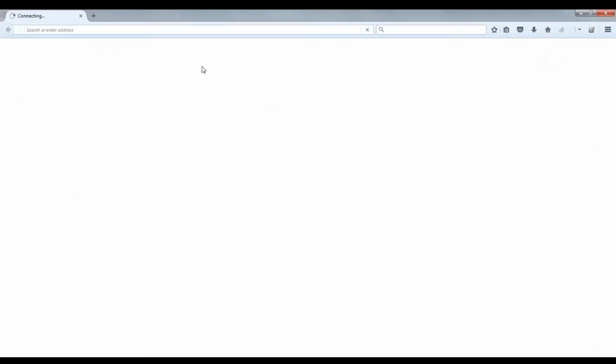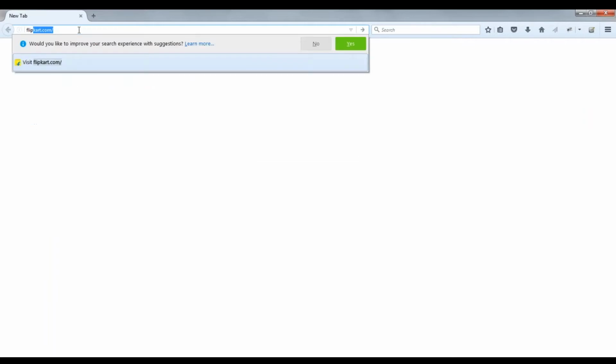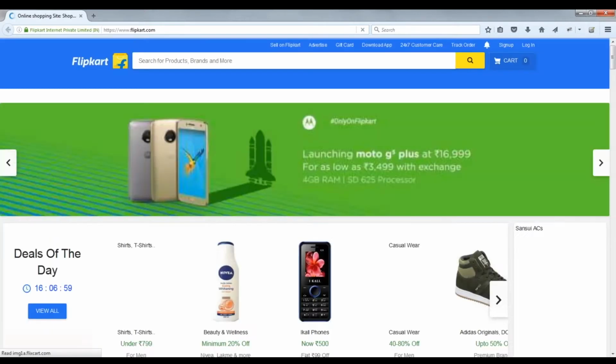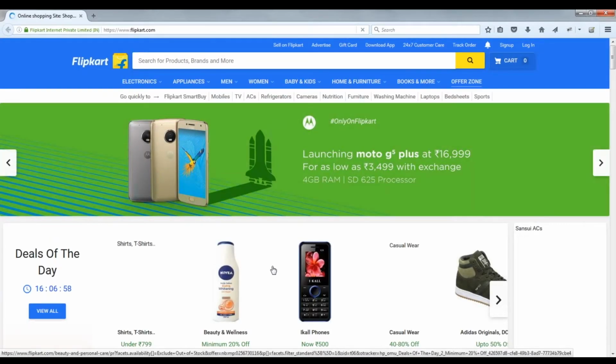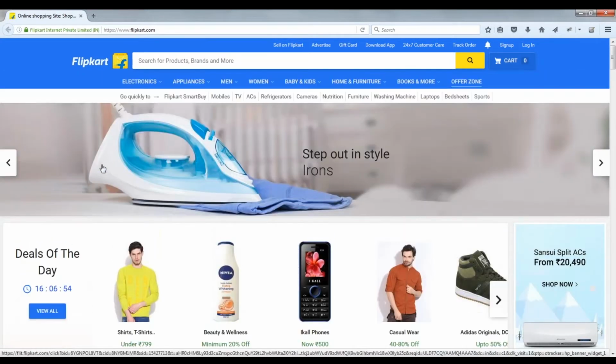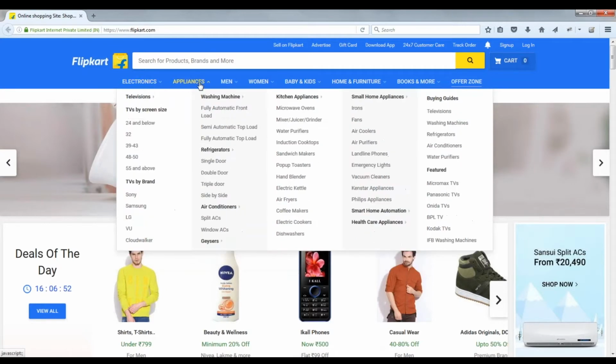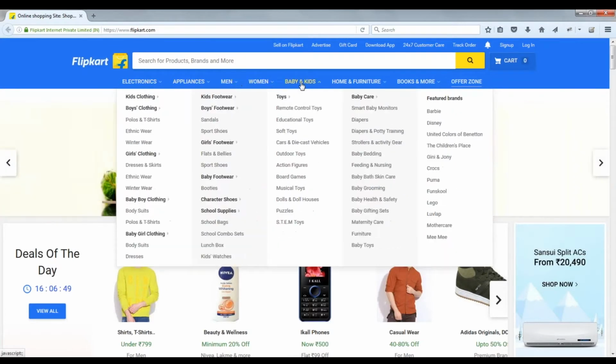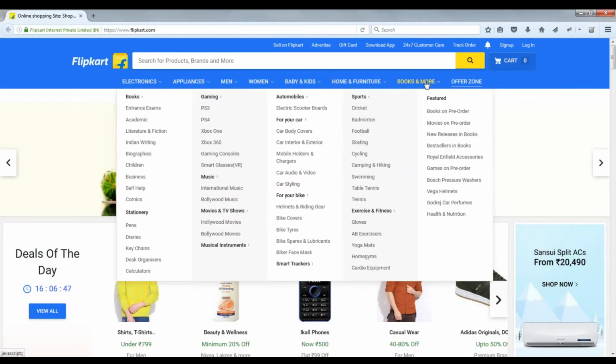Let me go to flipkart.com. Okay, so there are certain operations we will perform, like click is one operation, but on certain elements you will just mouse hover on that. You are not going to click on these things, you are mouse hovering on these things.